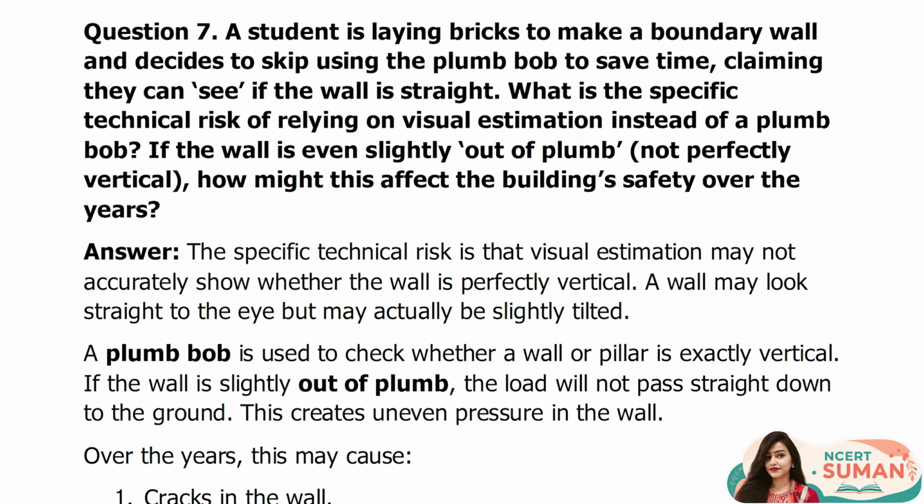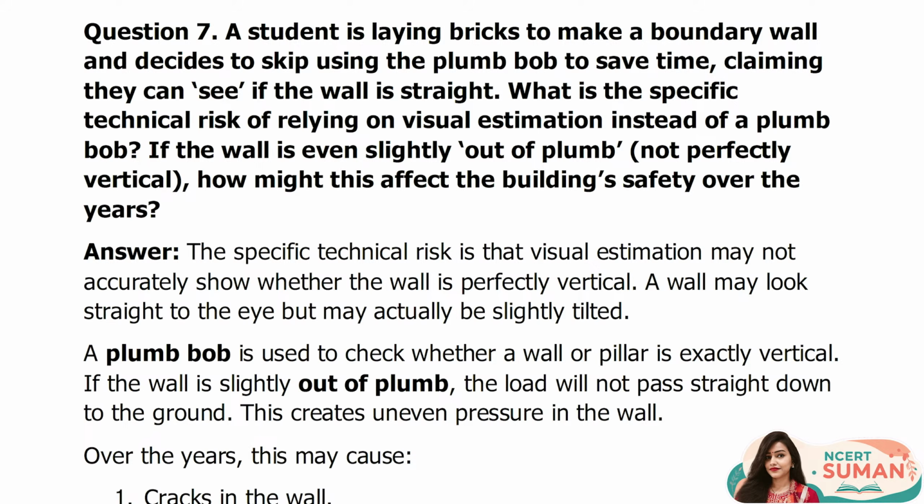Question 7. A student is laying bricks to make a boundary wall and decides to skip using the plumb bob to save time, claiming they can see if the wall is straight. What is the specific technical risk of relying on visual estimation instead of a plumb bob? If the wall is even slightly out of plumb, not perfectly vertical, how might this affect the building's safety over the years? Answer. The specific technical risk is that visual estimation may not accurately show whether the wall is perfectly